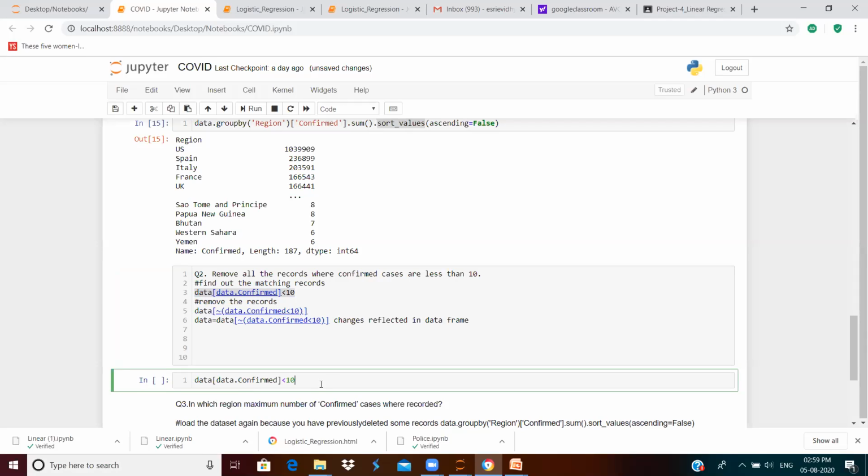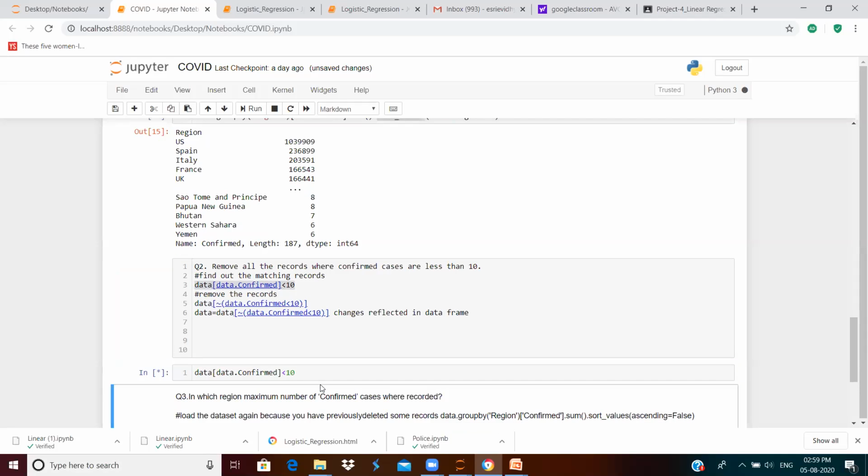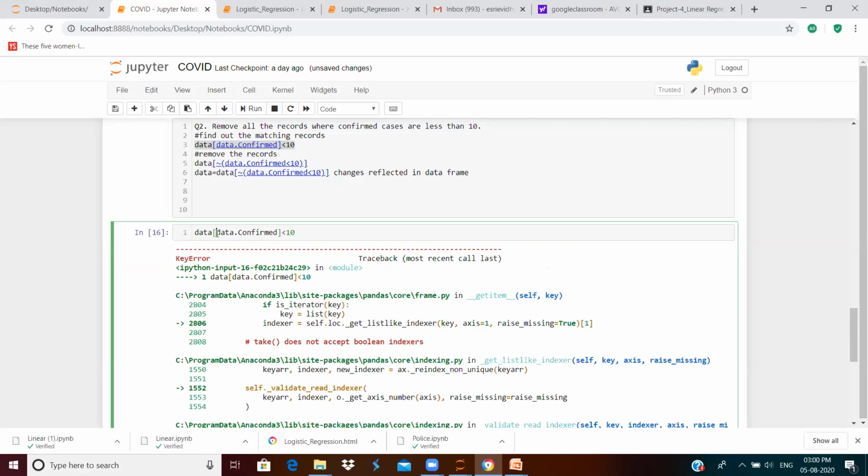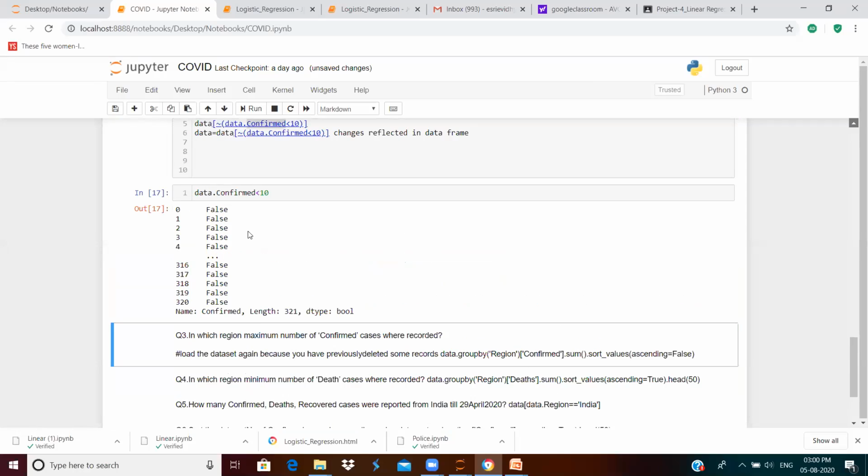So now let us execute this. So now this is a Boolean set which is returned.